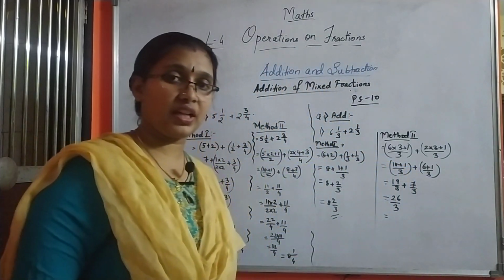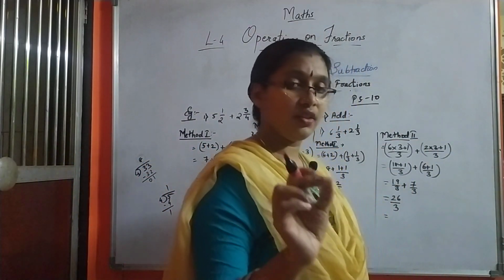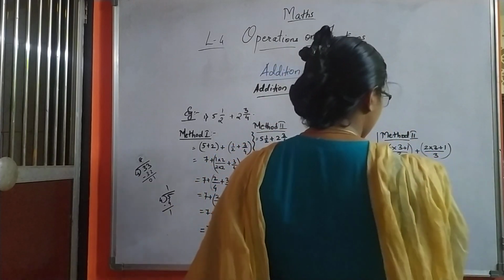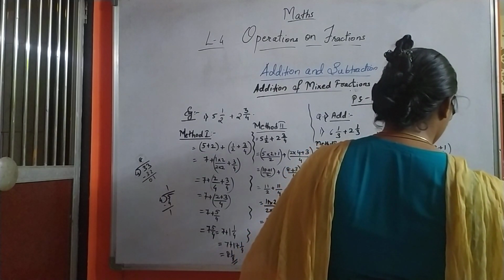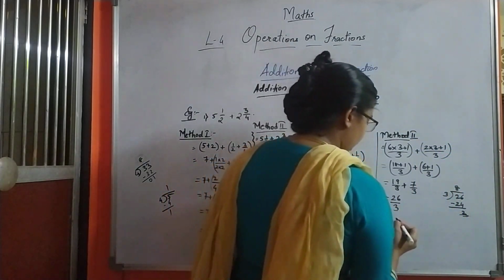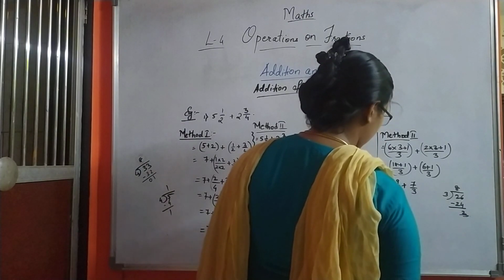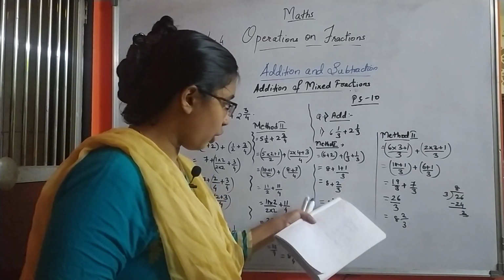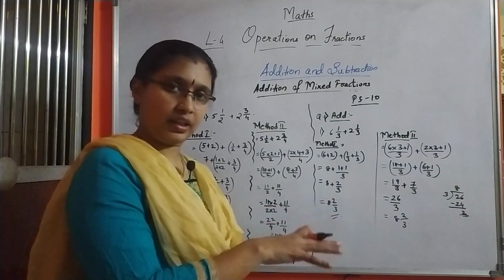Now this is an improper fraction, so what do we have to do? We have to convert it into a mixed fraction, where the number will be an integer and the fraction will be a proper fraction. So dividing 26 by 3, I have got the answer as the quotient written first, then the remainder, and at last the divisor. So it is 8 2 upon 3. So on both sides, when I check, it's proper fractions and integral numbers. So no need to convert, directly you can write it.